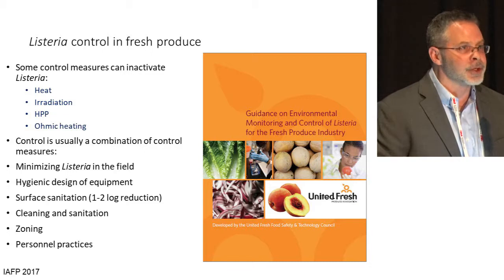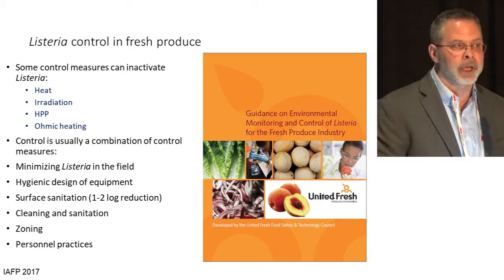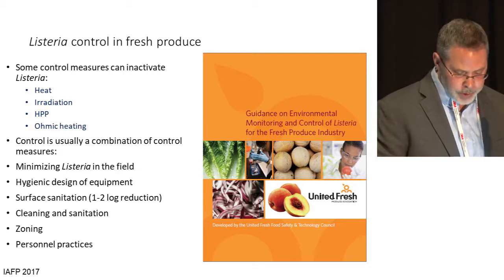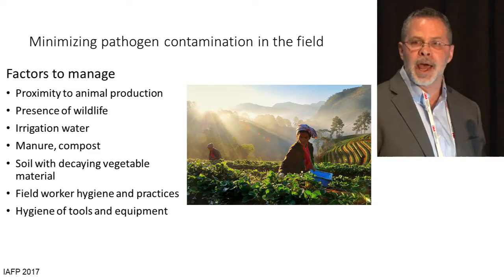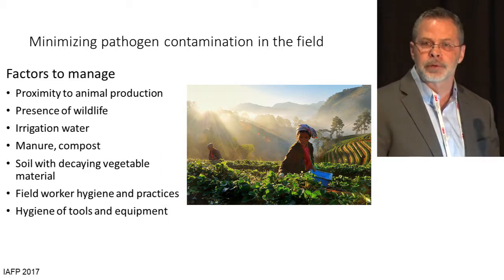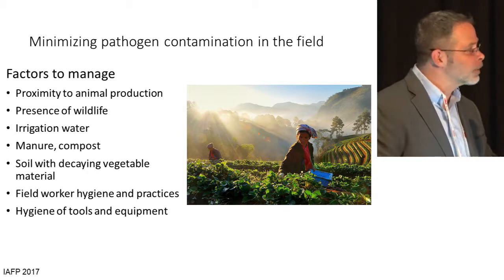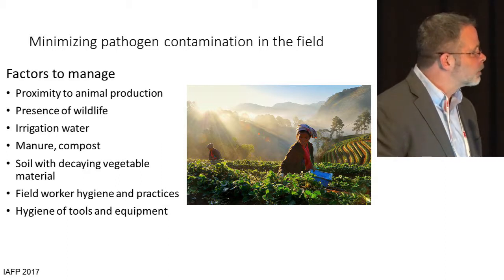You can sanitize maybe the surface of produce in some cases, making sure you have appropriate cleaning and sanitation, that you have zoning maybe in your process but out on the field so people on the farm are not walking from higher hazard areas to areas close to the fruit, practices of personnel. But I listed up here some of the things that you need to manage in the field, because you may not have the ability even to wash the surface of some produce. So what do you do in the field? And Listeria is ubiquitous. So how do we minimize Listeria? I don't know if we can eliminate Listeria, but how do we minimize Listeria in these products? And these are some of the things that could be sources of Listeria that we need to manage in the field as we're growing produce.